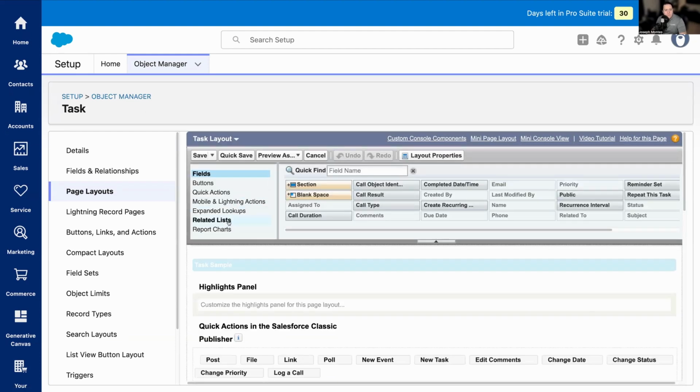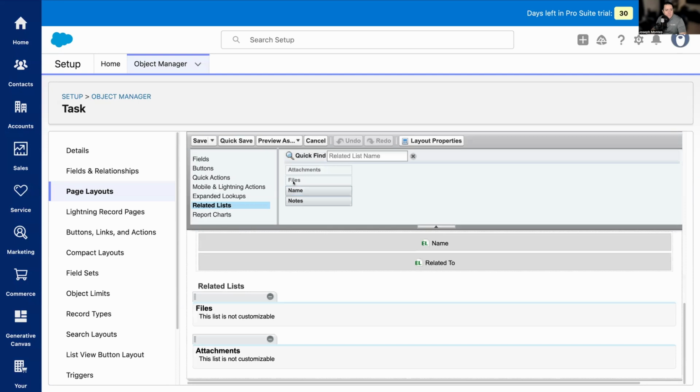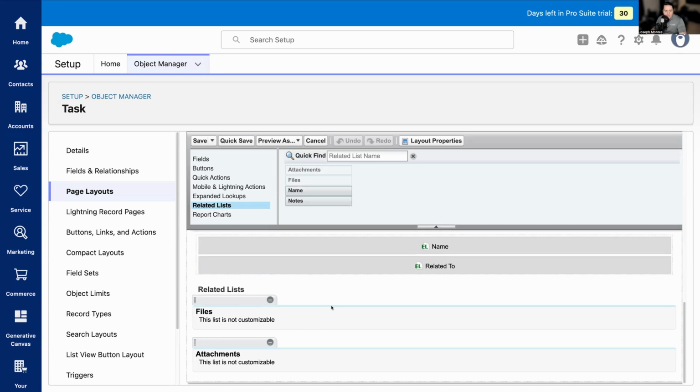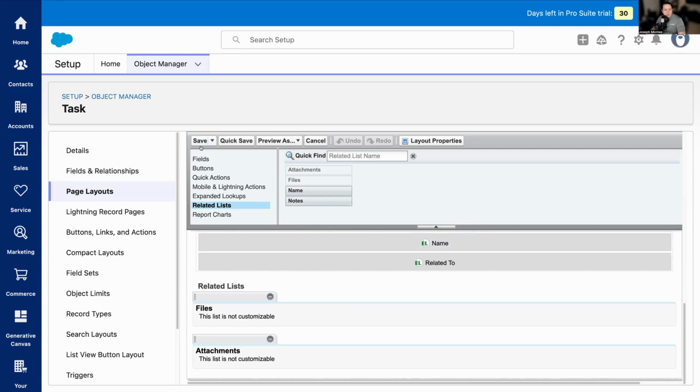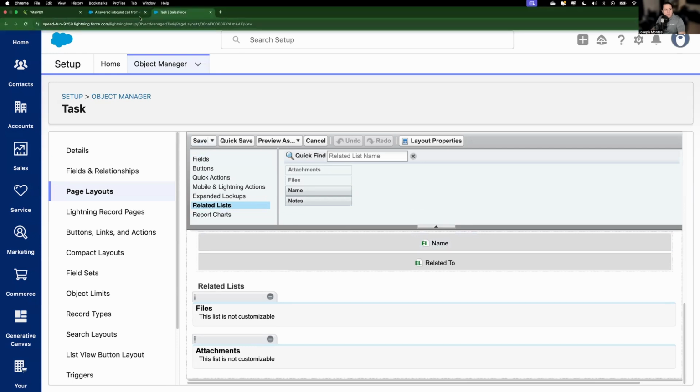Here, I can click on related lists on this option at the top here. And then I have this files option. Right now I already have it added to my page layout, but you can click and drag it to the related list. So you click and drag it here, and then you save your page layout, and you will be able to